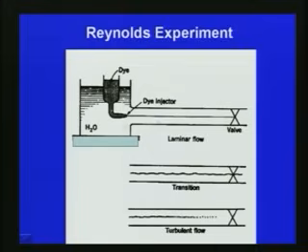Now, Osborne Reynolds defined this Reynolds number based upon a large number of experiments with respect to fluid movement. He conducted the Reynolds experiment in the 1880s, at the end of the 19th century, and then he defined the so-called Reynolds number. In this Reynolds experiment, we can see here what Osborne Reynolds did. There is a tank where water is filled, and a pipe is connected to that tank, and a valve is attached at the end of the pipe. He introduced a small tank inside this large tank where some dye has been put,